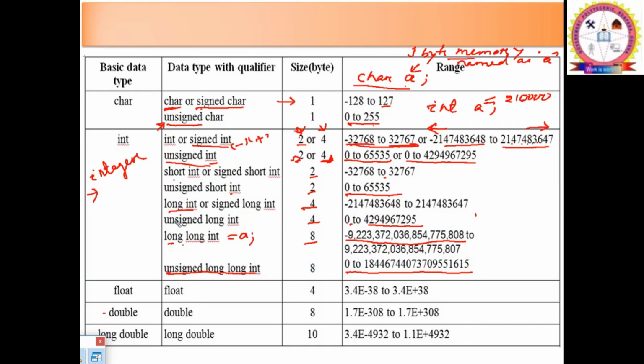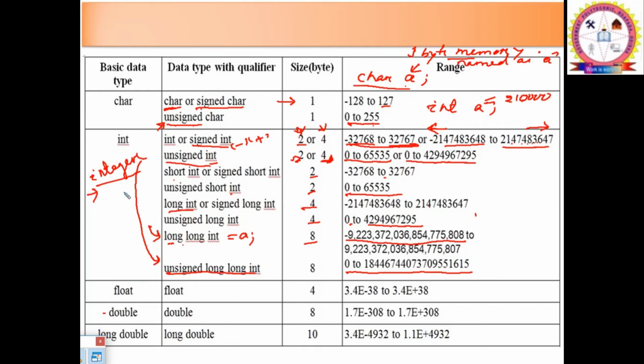So these are the different modifiers. Accordingly you can use your sign modifier or size modifier with your basic data type, that is int, whichever is convenient. If you just need small numbers, you can just declare int. If you want to store a large number, then according to the range you can use either long int or unsigned long int.